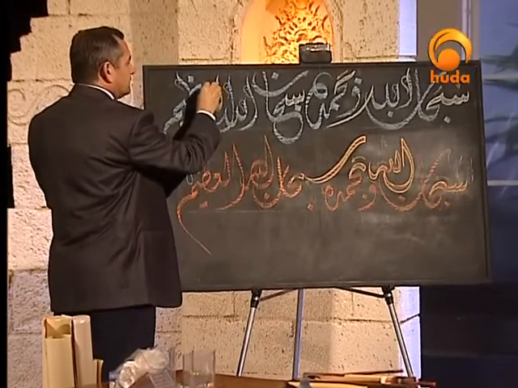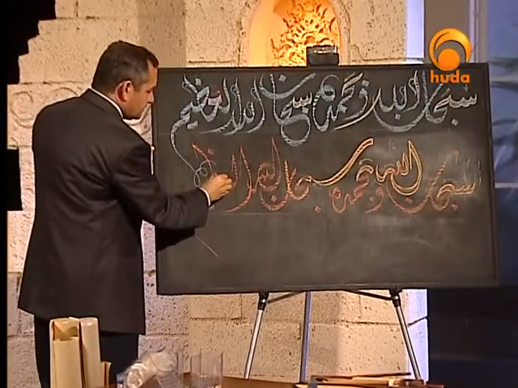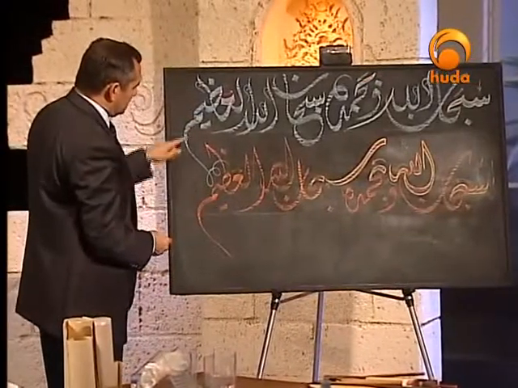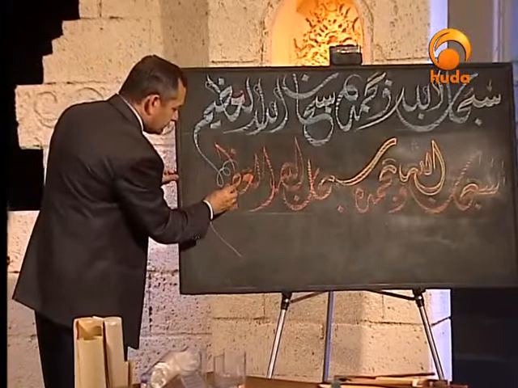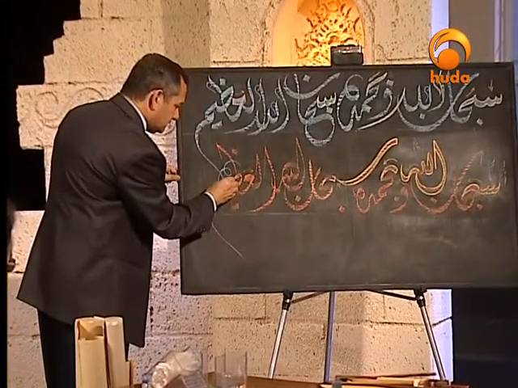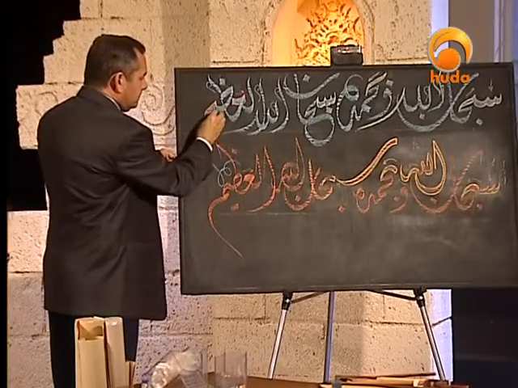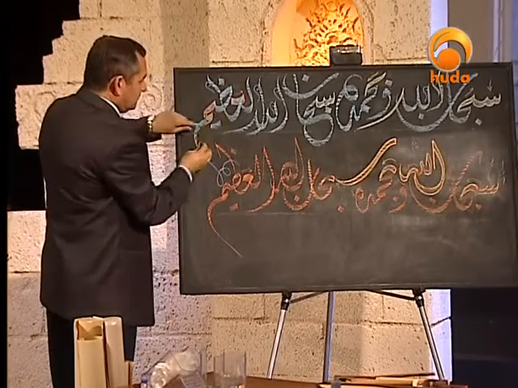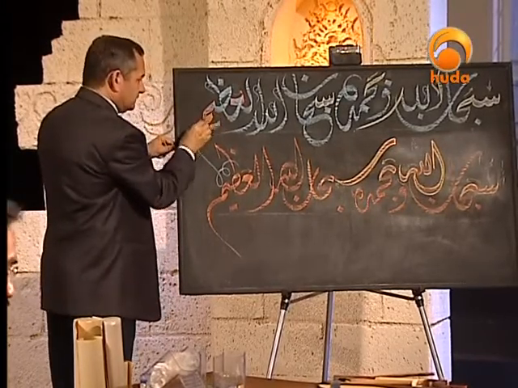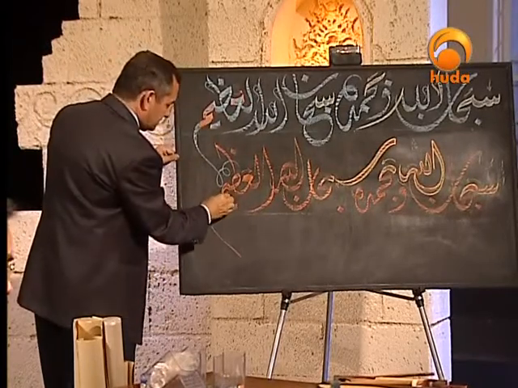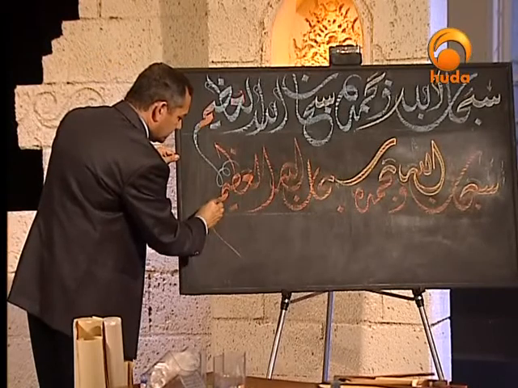It has a curve like this, but this starts as a normal curve. The curve comes this way and the curve comes up on the opposite side. Look also at the curve of Al-Azim, Dad, Ya, and here it comes sharp. Mim, the head of Mim, is almost the same, only the head. But when it starts ending, it comes very, very smooth